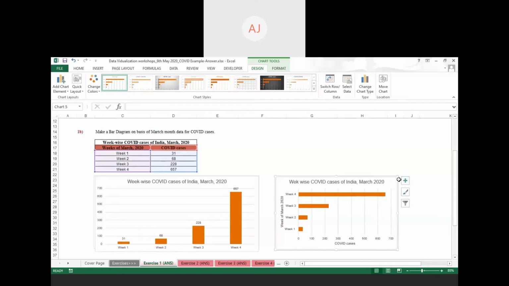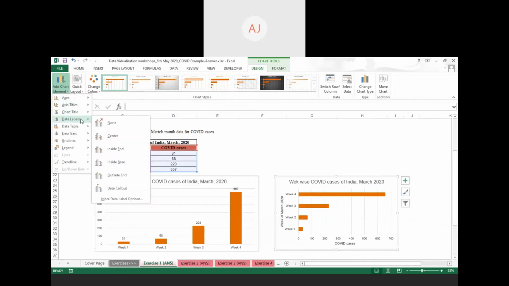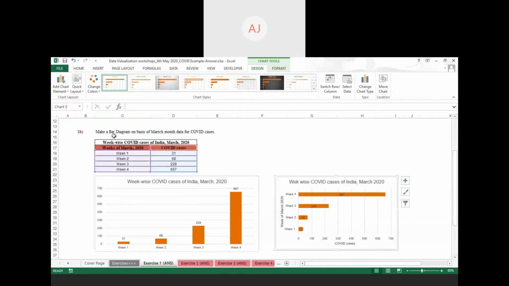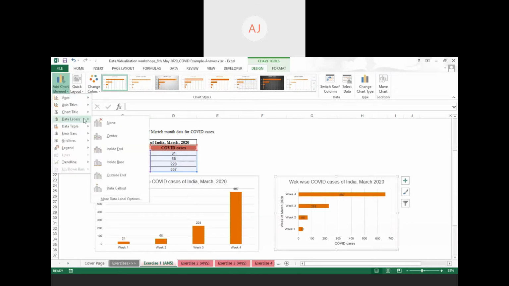Moving forward, go again to the same option, that is Design. Then go to the first option. In this first option, you will get the fourth option labeled Data Labels. See, there are three or four types of data labeling. The first one, you can label your data in the central part of the bars, or if you don't want that, you go to the Inside End part.